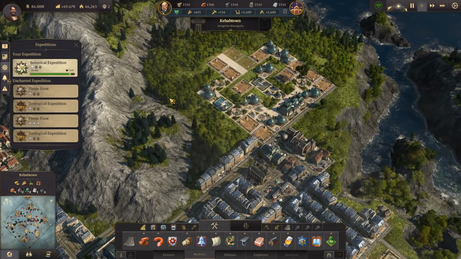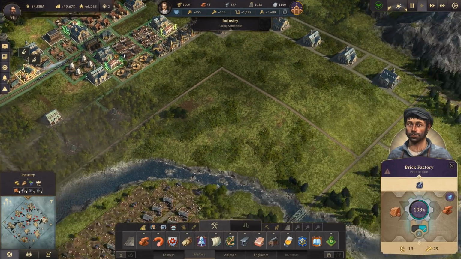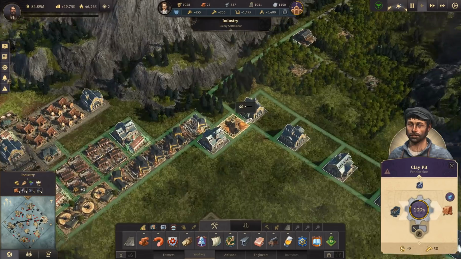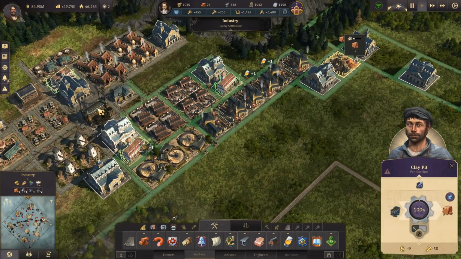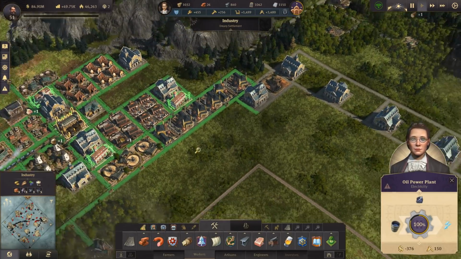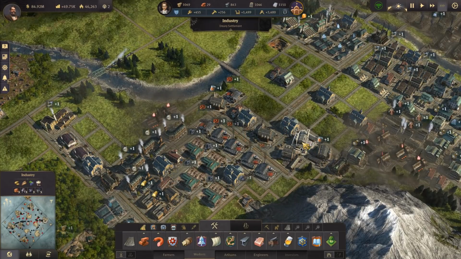Okay then. So now that we have also moved the brick factories, I can get rid of those here. And apparently we really are only one tier short of allowing another one. And now another clay pit to have access. Well then, okay, and...